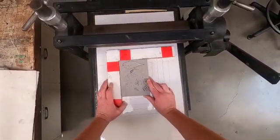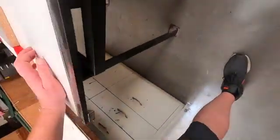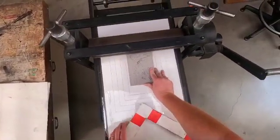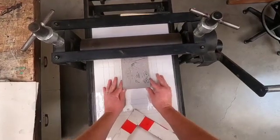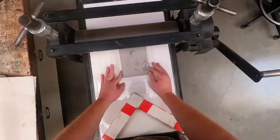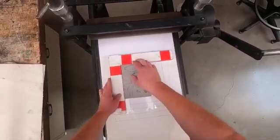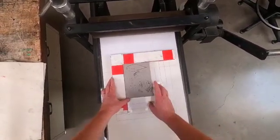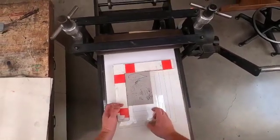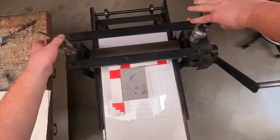One thing that can happen with relief printing is, if this is going through the press and there's a lot of pressure, it might pull on the paper as it goes through, and it might kick up this end. So this is one way that you can relieve the pressure from the block, and it's just a little bit easier for printing. Also, you can set up a registration grid, but what I'm going to do is just lower this again